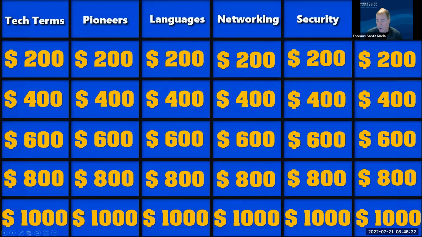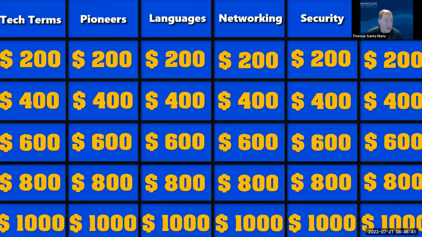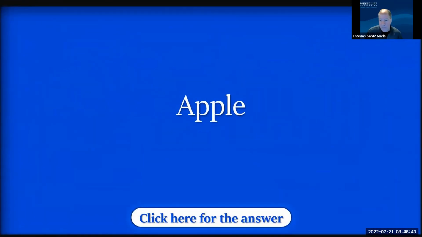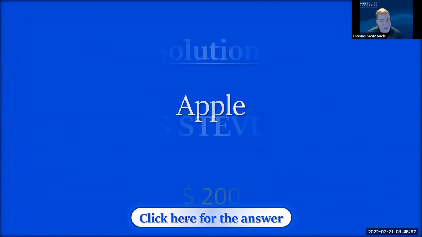All right, Professor Bart, you said you pick languages. What amount would you like languages for? 200. Okay. Apple. This is a tough one. What is iOS? That'll work. The only thing different about this is that you have to put in multiple answers, but I put